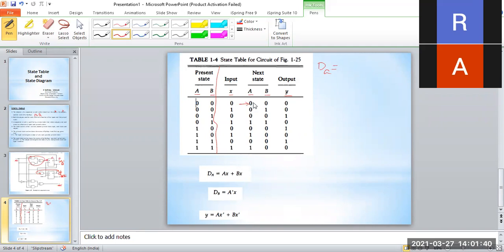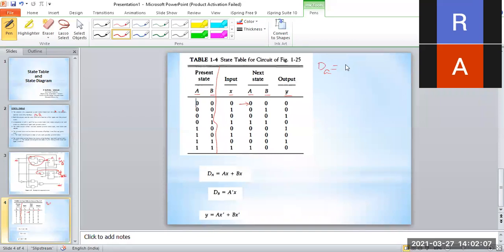Yeah, X is the external input. Yes. So what we are trying to do is guess the output of dA, that means the next stage of dA. In order to get the next stage of dA, we need to consider the present state of A and the X value, and the present state of B and the X value. Got it? Because dA is nothing but AX plus BX.